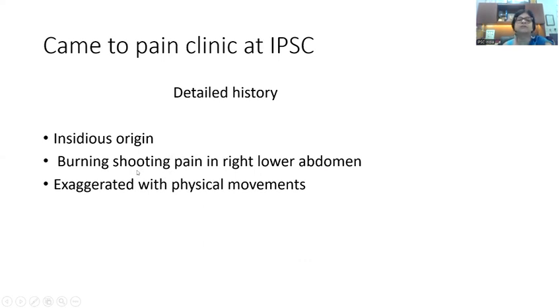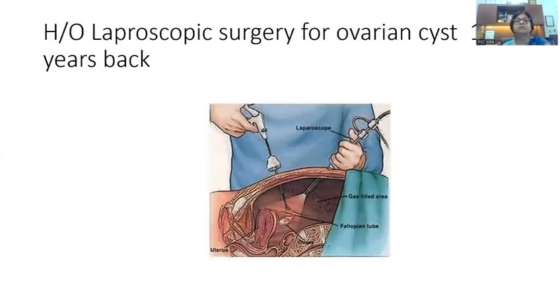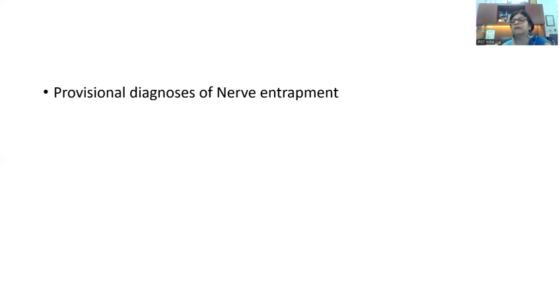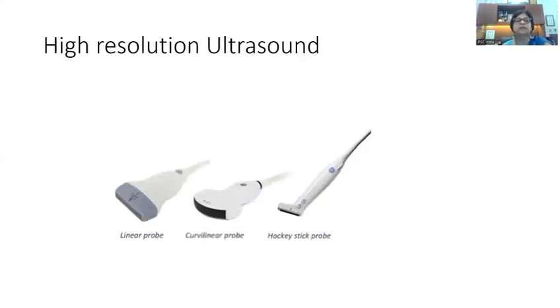in origin. It was a burning, shooting pain in the right lower abdomen, which was aggravated with physical movements. Further detailed history revealed that the patient had undergone laparoscopic surgery for an ovarian cyst around 10 years back, and only after that she had developed the pain. We made a clinical diagnosis of nerve entrapment and decided to go in for an ultrasound using a high resolution